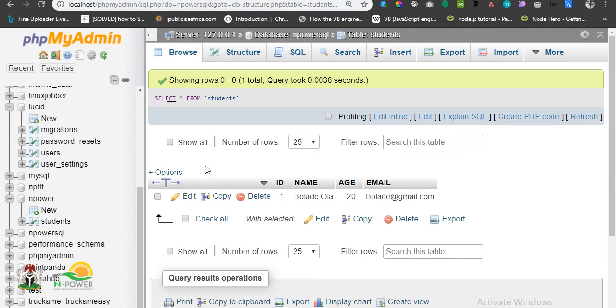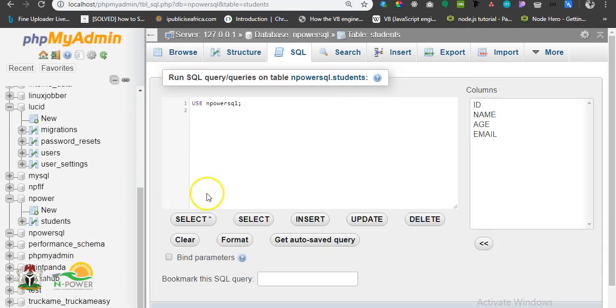Next, we will be looking at the select query. The SQL select statement is used to fetch the data from a database table, which returns this data in the form of a result table. These result tables are called the result set. The syntax for a select statement in SQL is as follows: select column from table name,